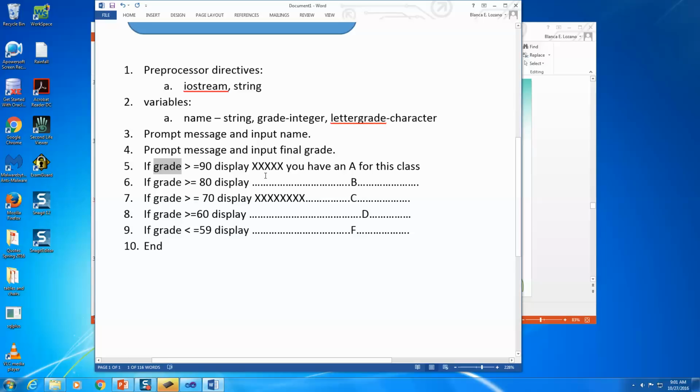Use an AND for the first four, which are? Okay, how do I put an AND here? This is not code. Say it to me. Say the question. If grade is